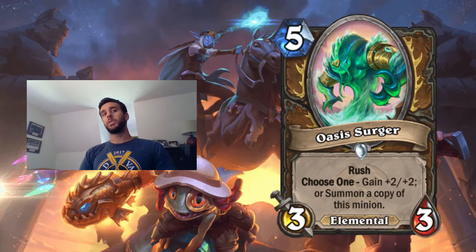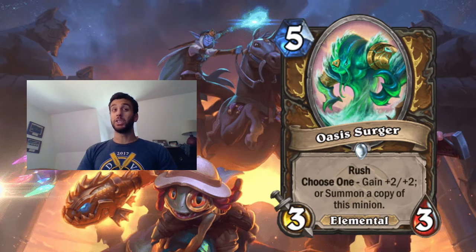5 mana, 10/10 of fast stats is insane. So this card is really what's, I think, empowering the Quest Druid deck to be as good as it is. You actually can look at the stats, and Oasis Surger and Crystal Merchant are the 2 best cards in Quest Druid that are from this expansion right now, and Oasis Surger by a very wide margin is still better than Crystal Merchant with a